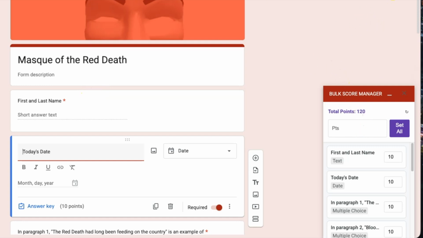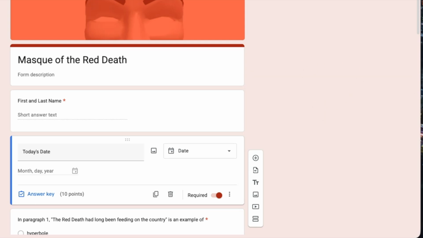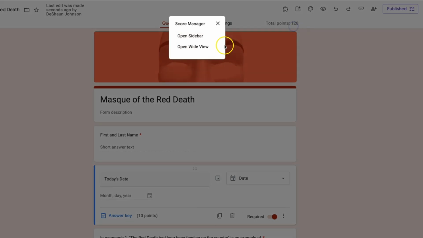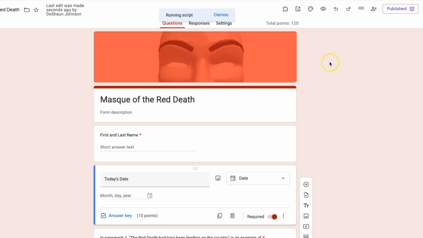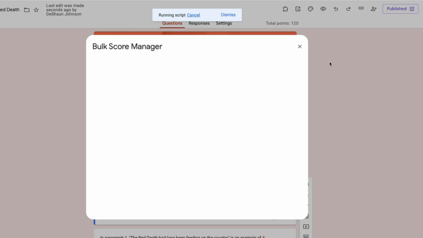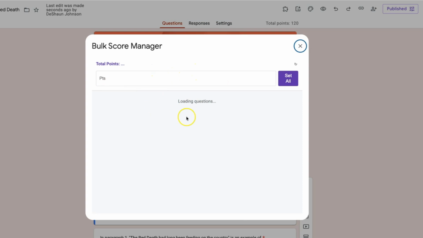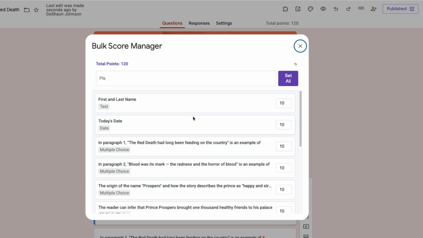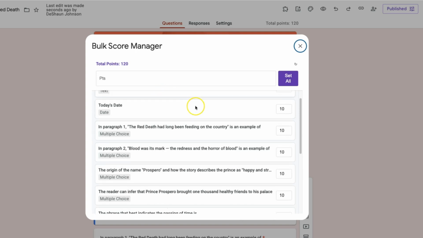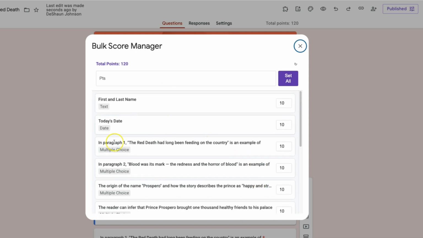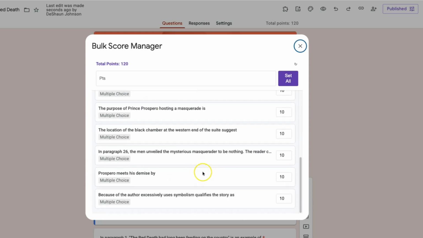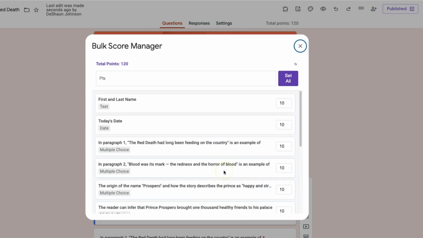Now, if I wanted to, I'm gonna X this out. I'm gonna close that out. And I'm gonna go back to Score Manager. And now we're going to go to Open Wide View. If that's too small and you're like, I can't see that, you can go to Wide View. And this will also give you a quick check on all the form fields in the same way that the score value did, but you'll be able to see these more in a wider space at a rapid view,